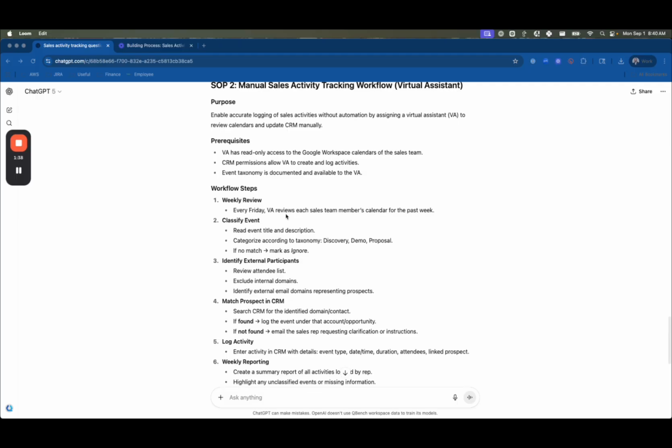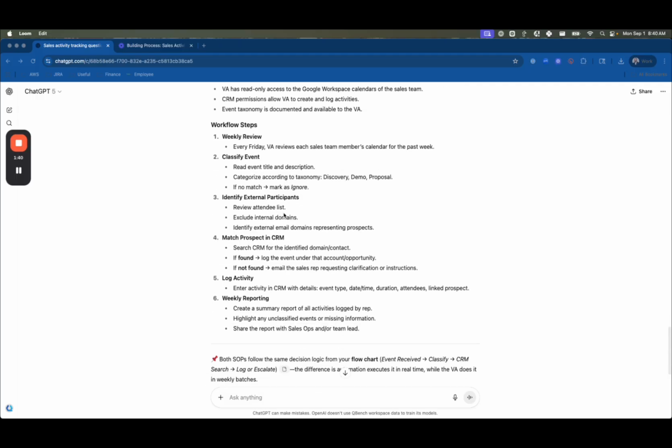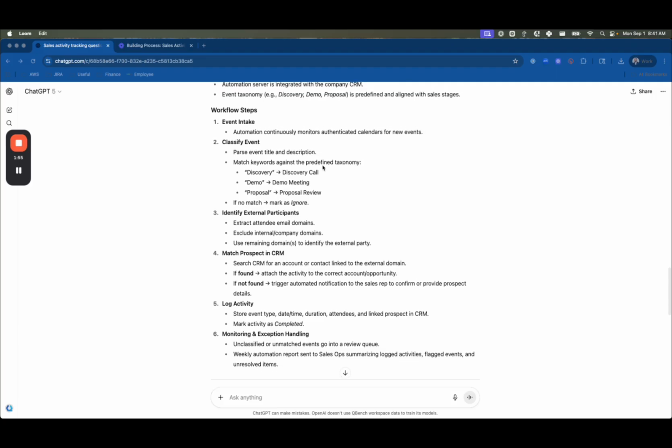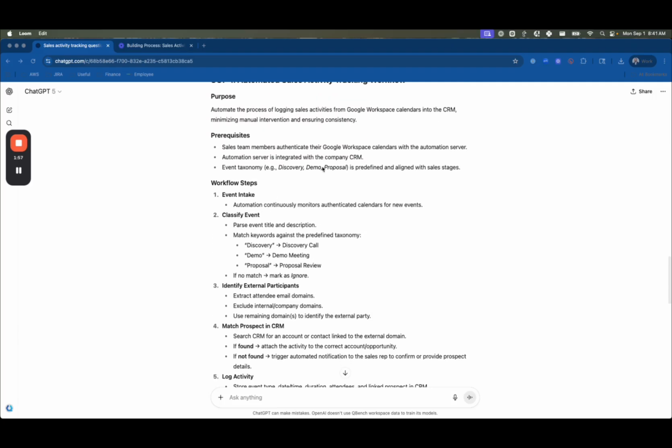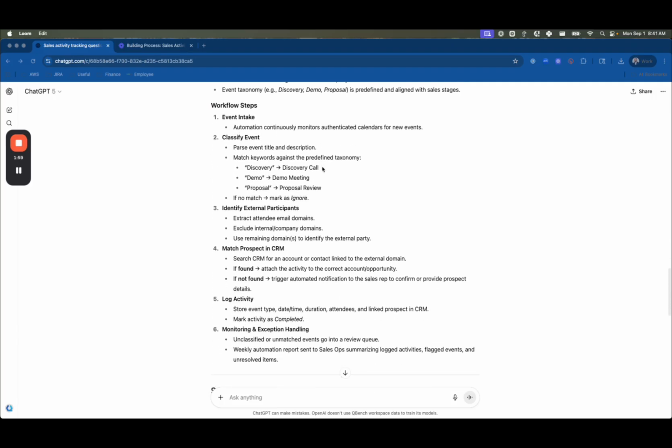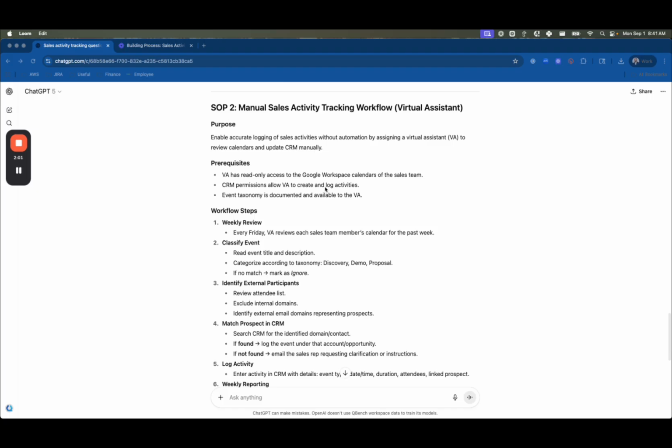The big thing here is just to make sure that the virtual assistant understands how they are supposed to find the prospects within the CRM. So there may be some CRM training you want to do with this virtual assistant before you just get them going on some kind of process like this. Whereas in the automated flow, you would presumably use the API to match the prospect, so it wouldn't be the same kind of issue. But this is something I think you'd be ready to give to a VA,